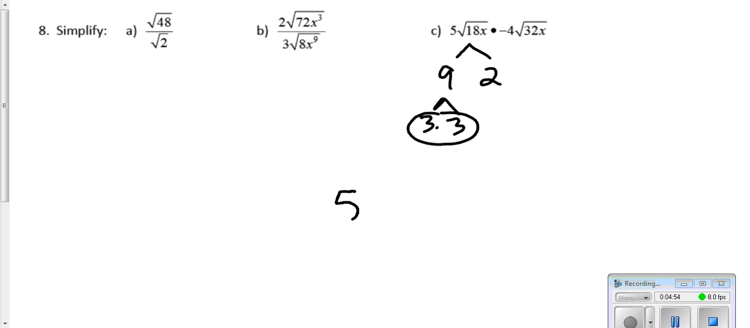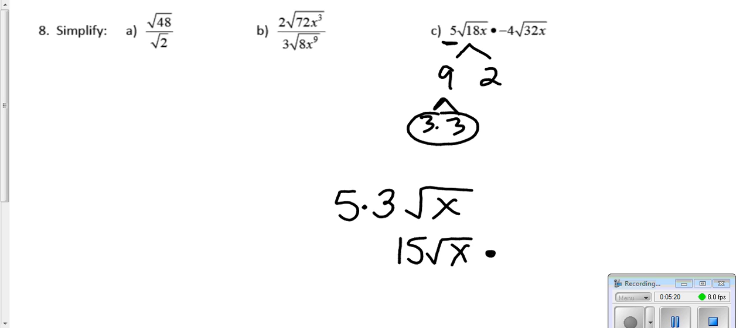So that means outside we're left with 5 times 3, because when we bring something outside, we have to combine it with the number already outside of the radical. So we're going to multiply these, and we're left with the square root of x underneath. This x can't come out because it doesn't have an exponent, so we can't simplify. Okay, so that means we have 15 times the square root of x